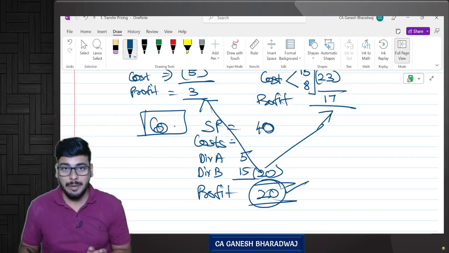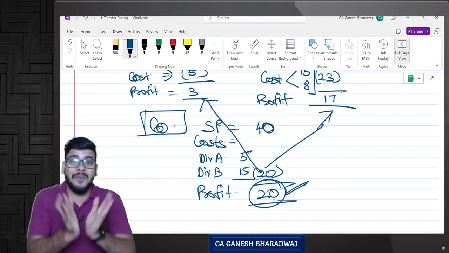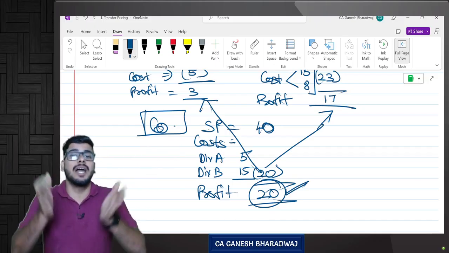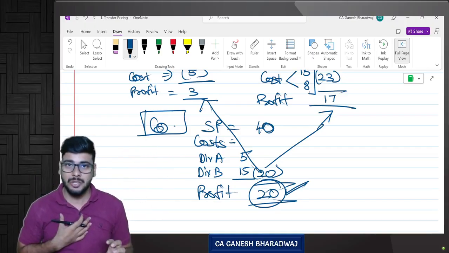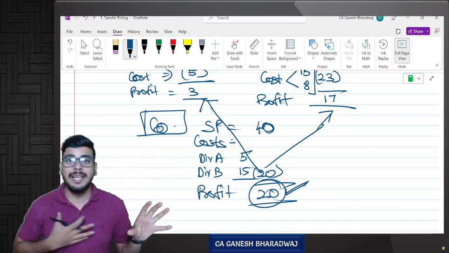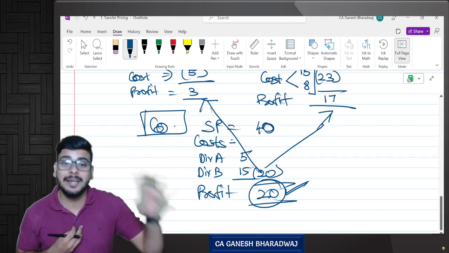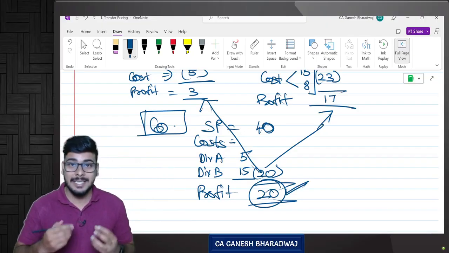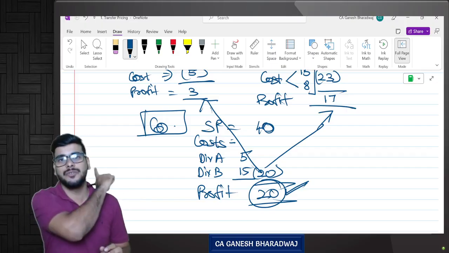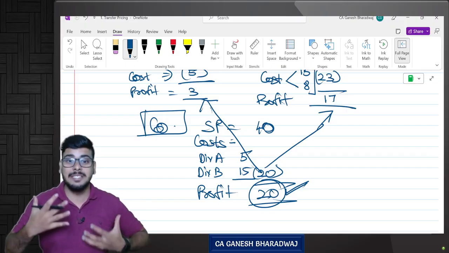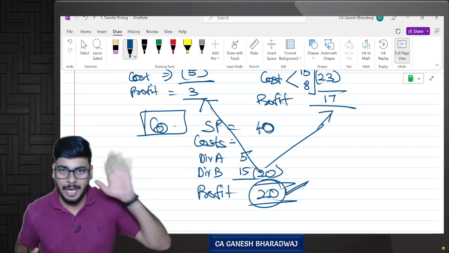So here what we are able to do is the overall profitability can be fairly and properly distributed to the respective departments so that all the divisions get the due credit. Whatever work they have done, they get the proper credit for that. Their performance is getting fairly measured. Are you clear with this? Their performance gets fairly measured because of introduction of transfer price.